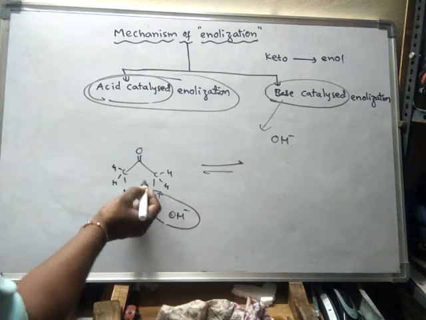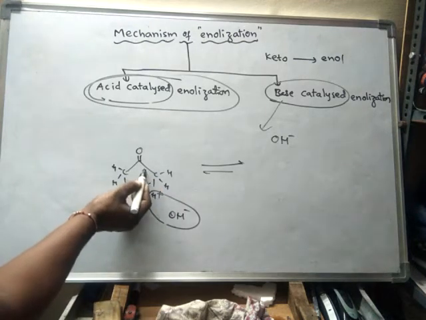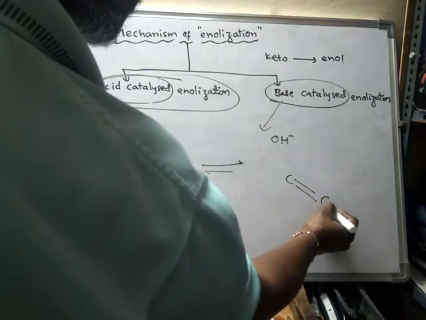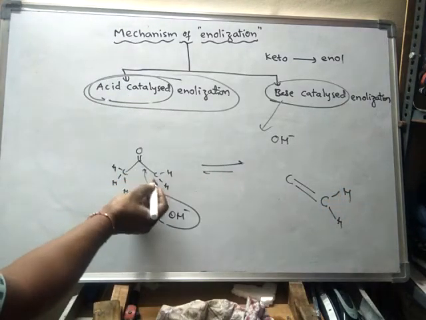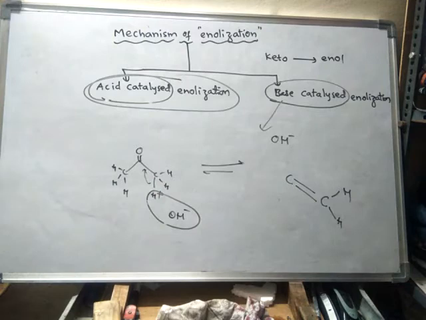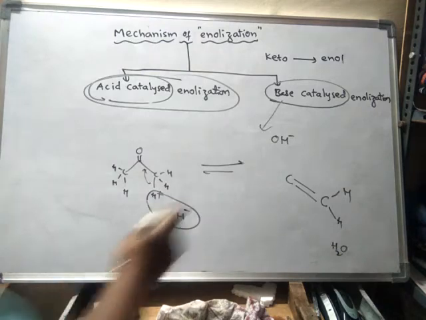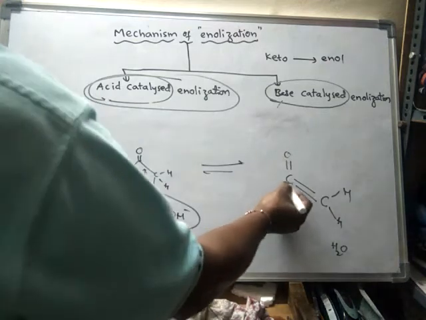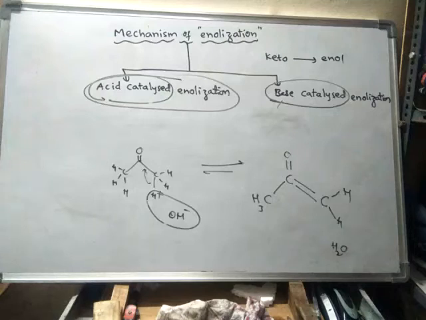So this bond will shift here. The bond between carbon and hydrogen is shifted between carbon and carbon, so that a double bond will form here. Now this hydrogen has been lost, this bond is moved here like this, and this hydrogen is detached from this alpha carbon and will move in the form of H2O. Now here the double bond is present on the oxygen, and here CH3, so let it be like that only.